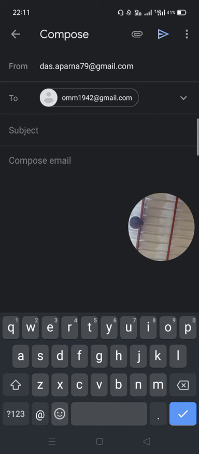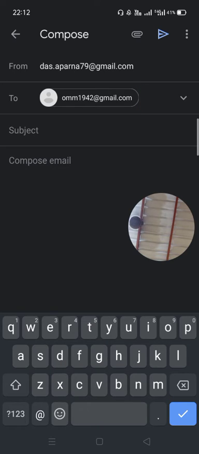So you will write the teacher's Gmail ID here, and then you see at the top of the page there is the word compose written, and on the right side of it, the first sign you see is a clip like sign.